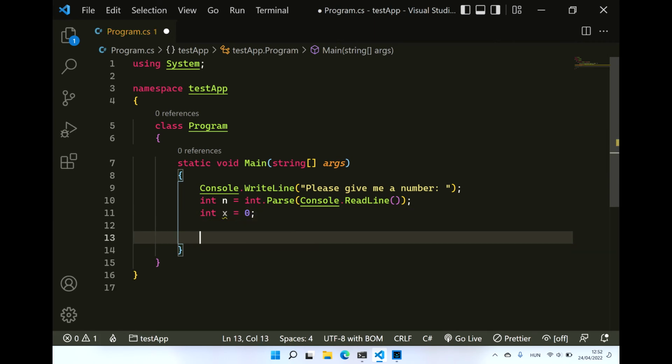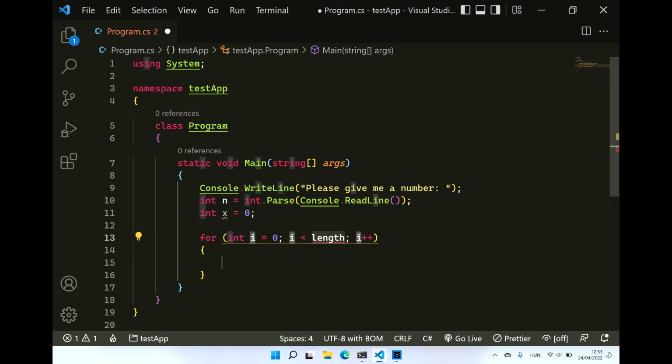Now, as quite frequently you will need to repeat actions or step through parts of your data, you will need to use a loop. The most common one is the for loop, which typically uses a variable known as the counter or the index to keep track of how many times the loop has been executed, and it stops when the counter reaches a certain number. So we are going to use the for loop,